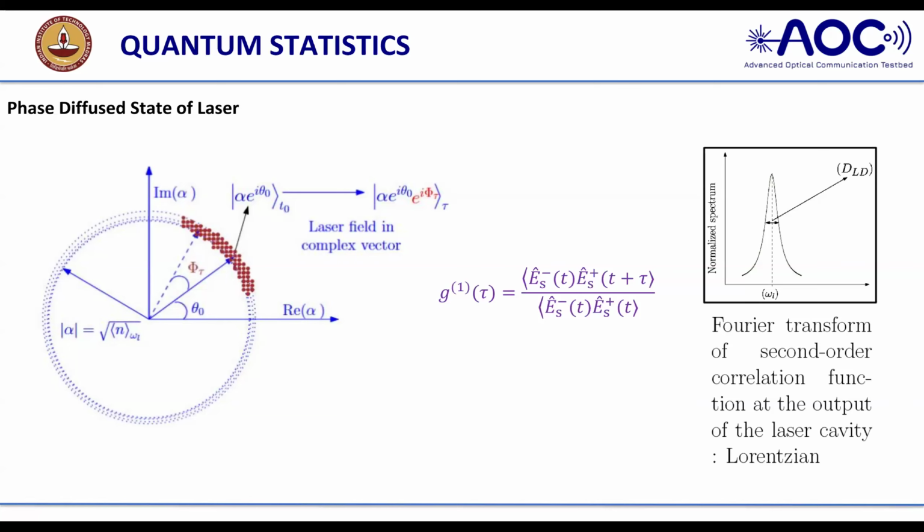Suppose it is a pure coherent state, there is no noise. When you say the ideal laser, we don't have any noise. It means that it has a single point here, right? And a single line will be there. There is no randomness along the phase direction, right? So what will happen?